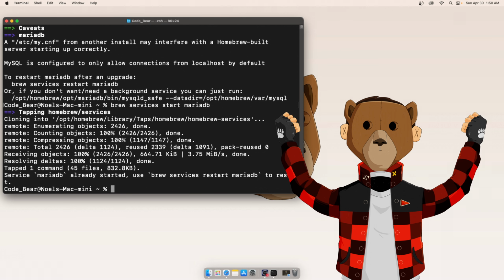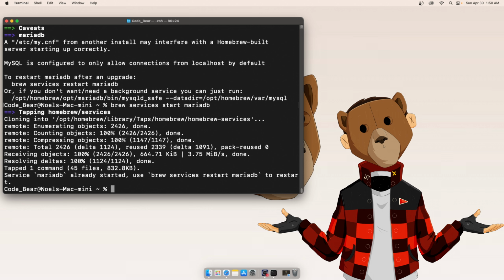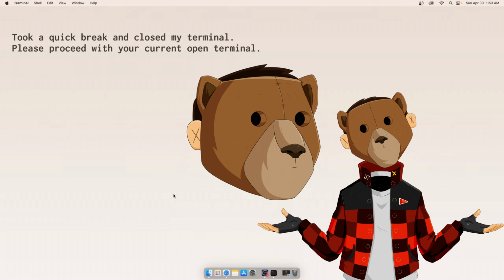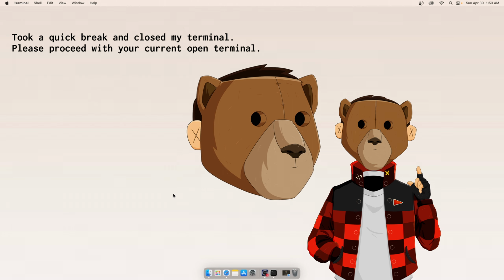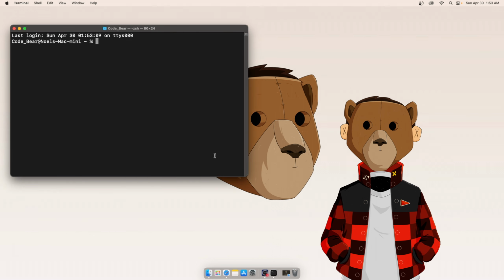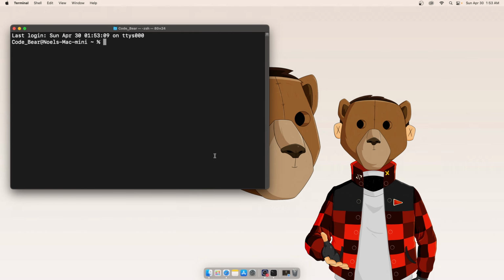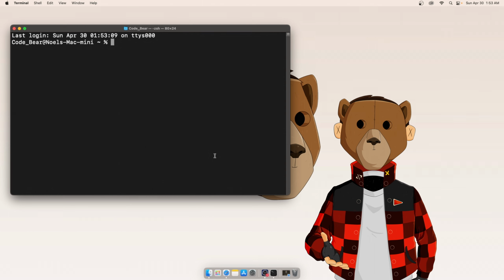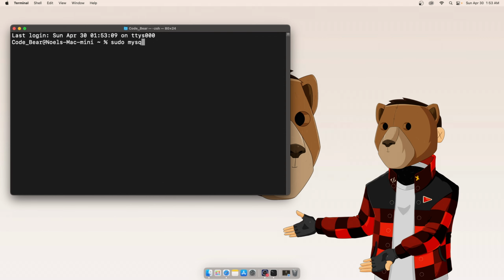Nice, we have MariaDB installed, but let's configure and secure it. This step isn't necessary for local development, but it's good practice to get in the habit of securing your database services. The last thing you want to do is forget about this step in production. You may need to add sudo in front of MySQL if you are accessing MySQL from a non-privileged user account. So let's run the command